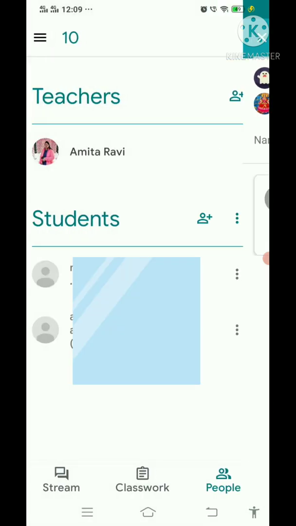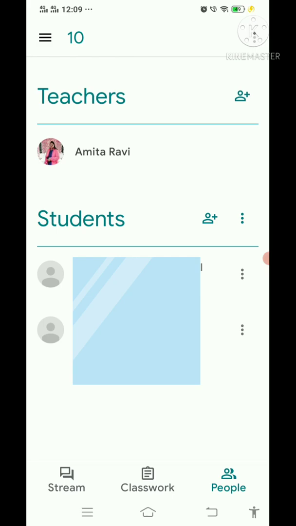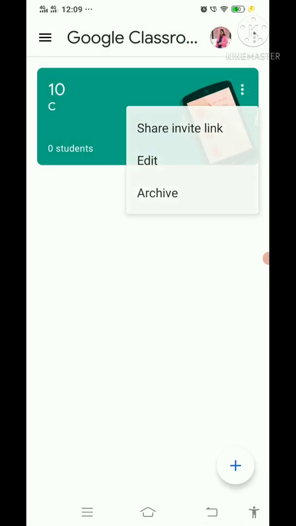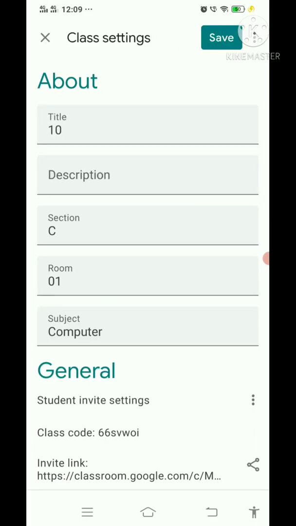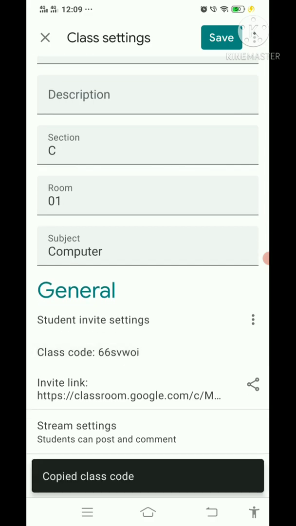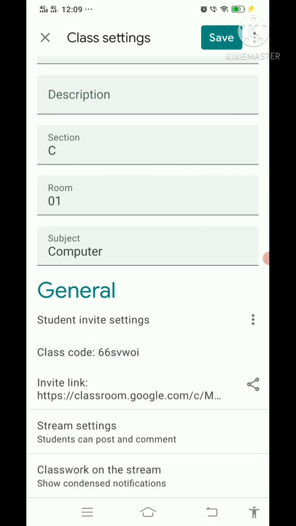Once we click on the invite tab, these students will receive a notification on their email. Next, they would be required to enter the class code for joining the class group. So we as a teacher need to provide them the class code. For that, we need to go to our class group and from the settings button, general option, we can copy this class code and share it with our students using Gmail or WhatsApp.